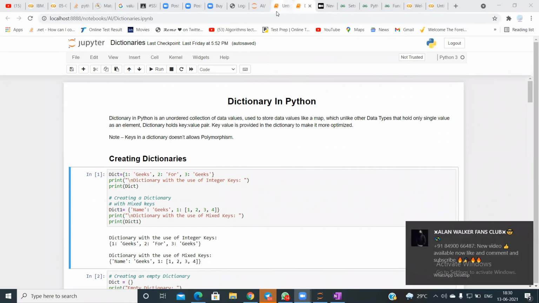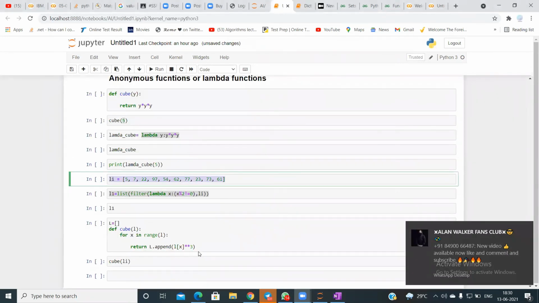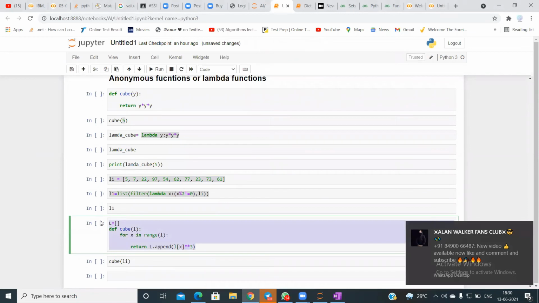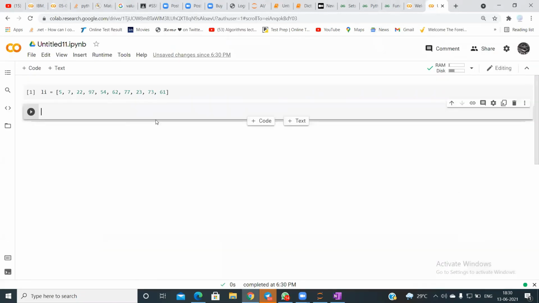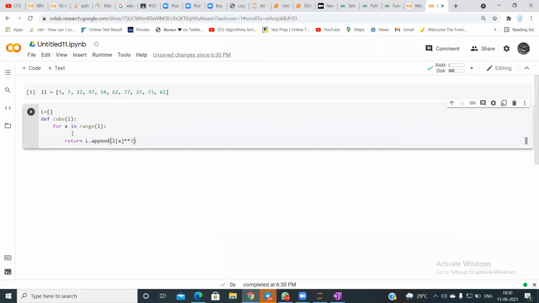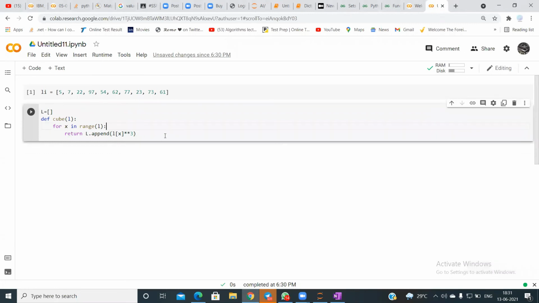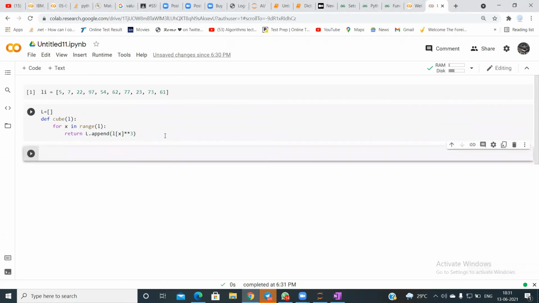Where is my notebook? I take this code, and paste it with Control V. So let me pop the code up. Okay, so cube of, right.